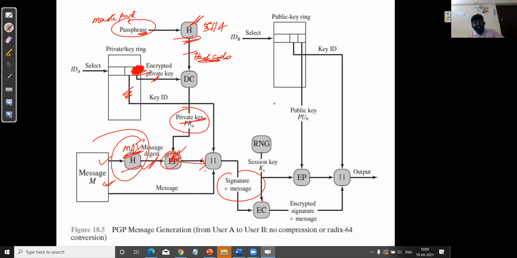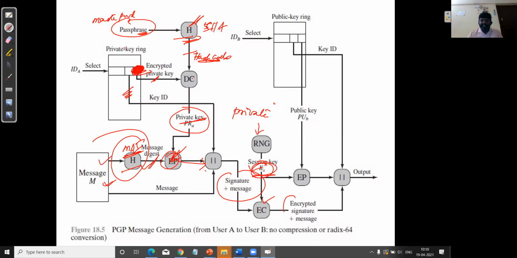So this entire information is going to be encrypted using a secret key. Now again, this is a ring, right? So this can be a private key ring where the session key, which was stored in the form of encrypted versions, right? But the thing is that the session key is known by both the sender and receiver, right? Now here they will apply encryption using a secret key.